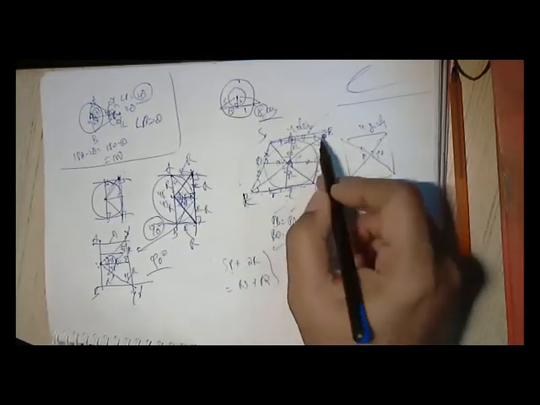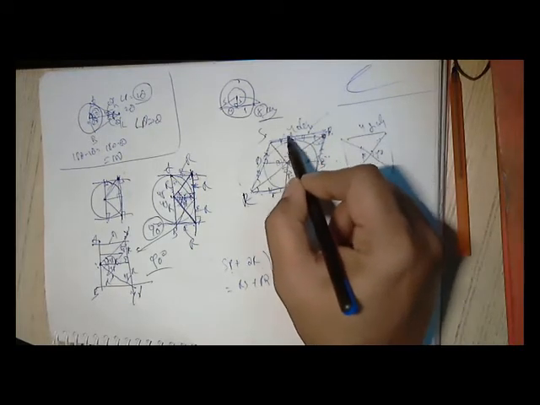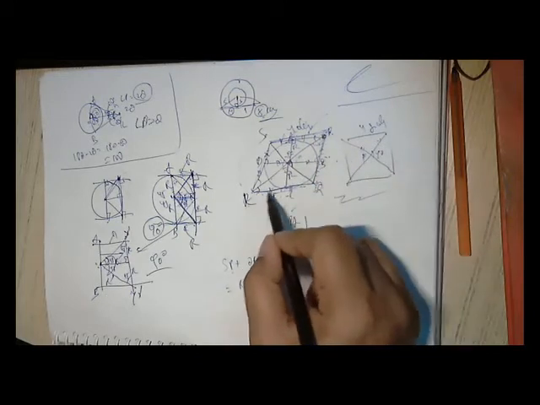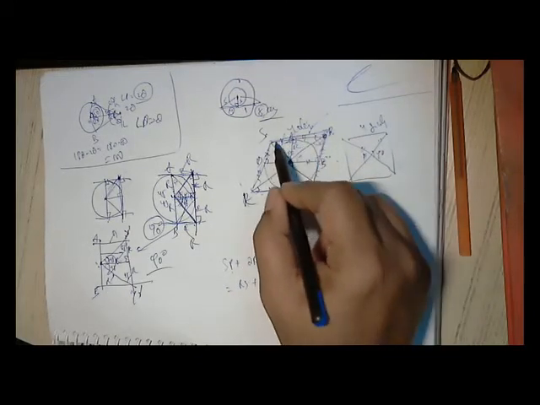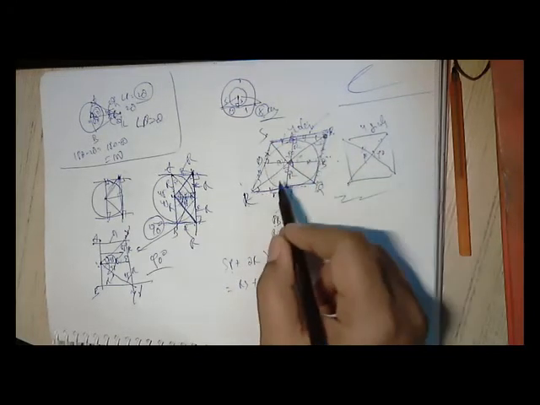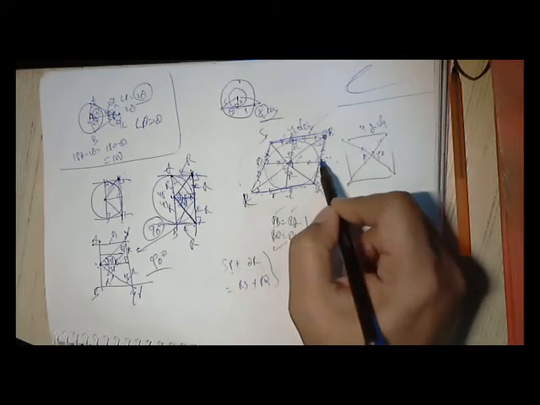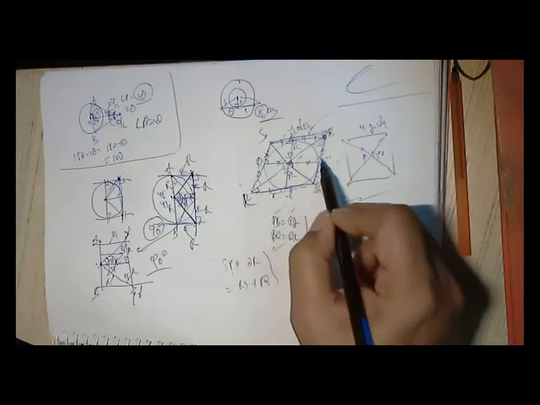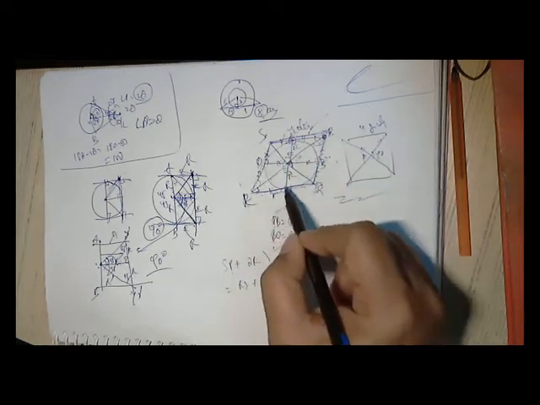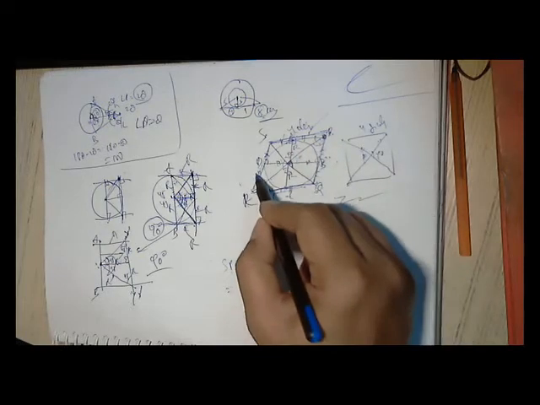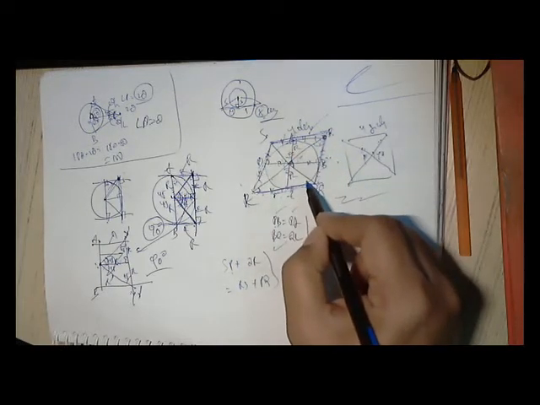So we can see here, this is a parallelogram. This side is equal to this side. So when this total side is equal to the total side, the sum is 2 into this side. Here also, this side is equal to this side is equal to this side, being a parallelogram. So when I say sum is 2 into this, that means what? All 4 sides are equal. So here is a parallelogram with all 4 sides equal. That means it is a rhombus.